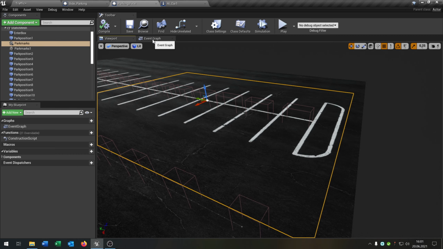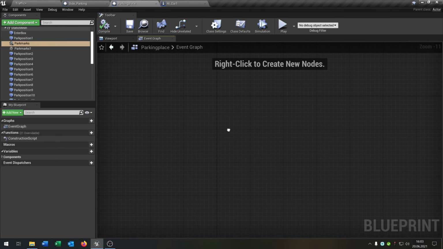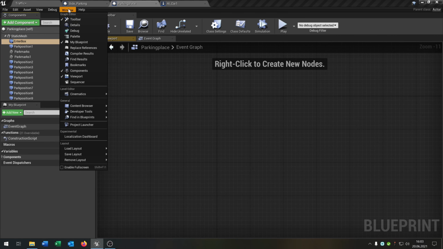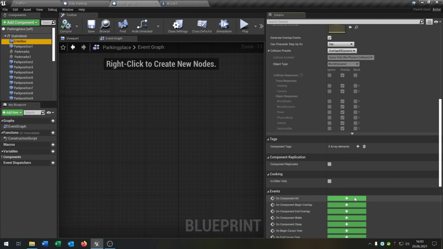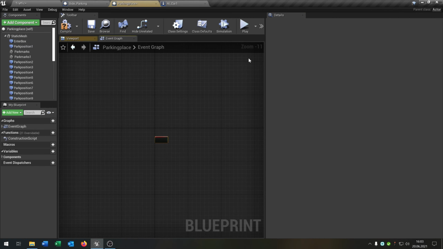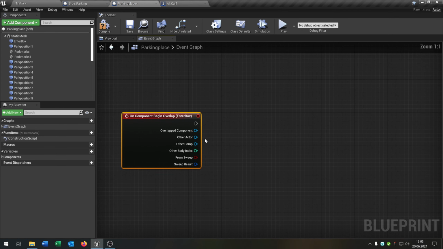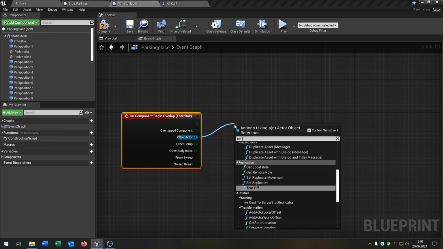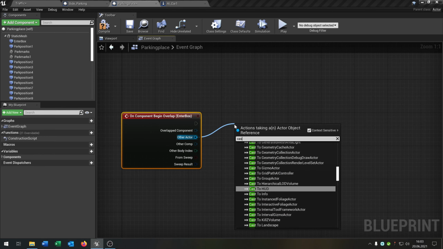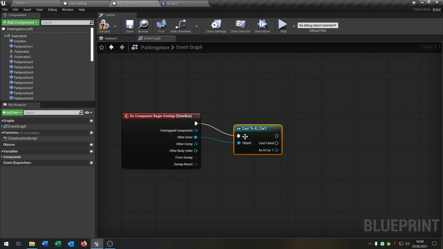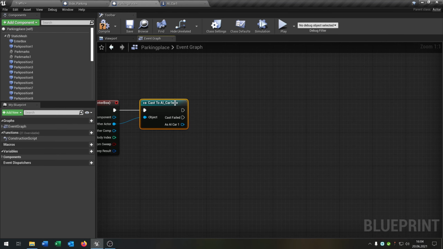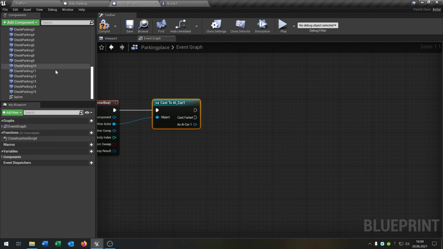So let's start with it. The first thing was pretty similar. We take our enter box and we need the begin overlap, like that. And in this case also the cars to AI car 1. So pretty similar. We take our spline and say set parking positions,